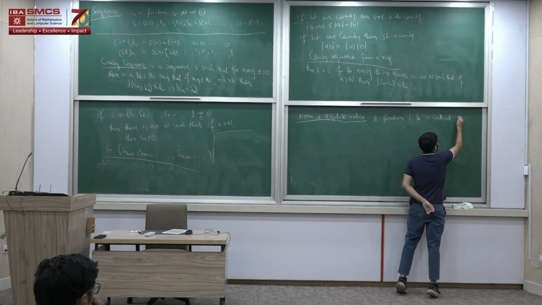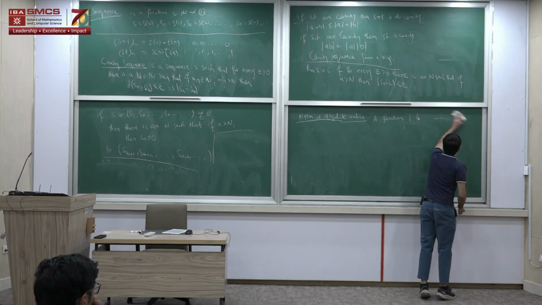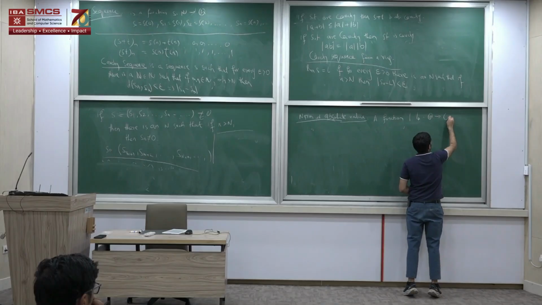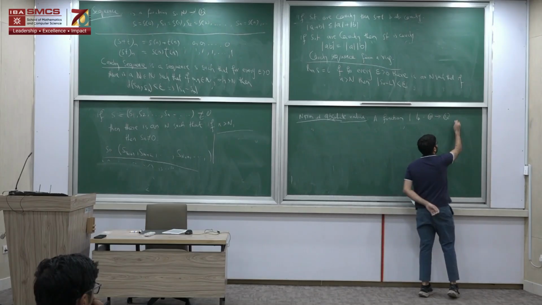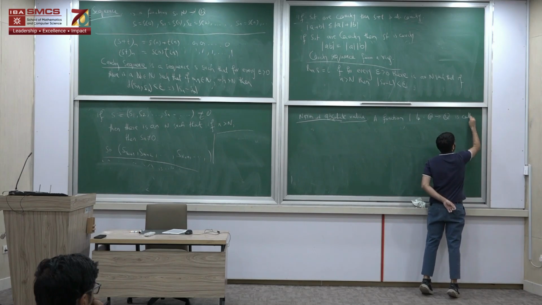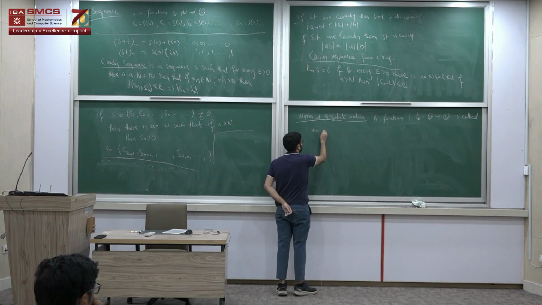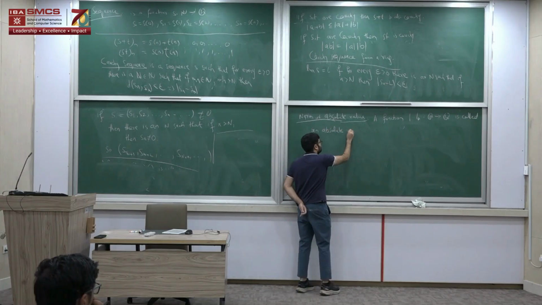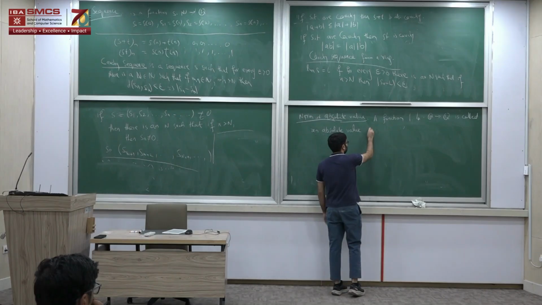This is a function from rationals to rationals, and it is called an absolute value if